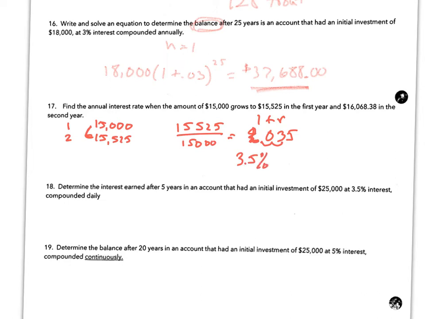Number 18, we're looking for the interest after we started with $25,000. So this is interest. It's also compounded daily. So you have to use the right formula here. This is 25,000, and then 1 plus 0.035. Daily is 365. The power 365 for 5 years. Now this is not the answer we'd like. From the calculator, you get